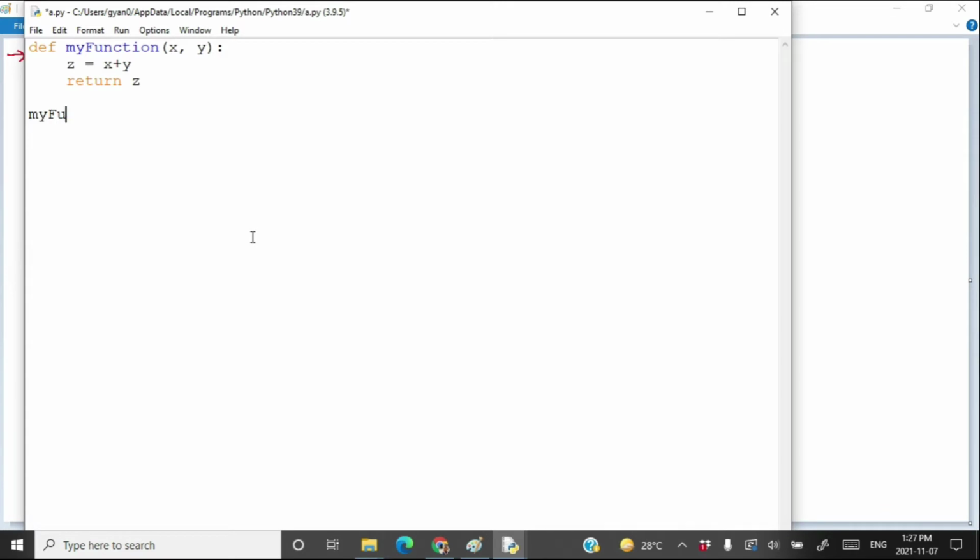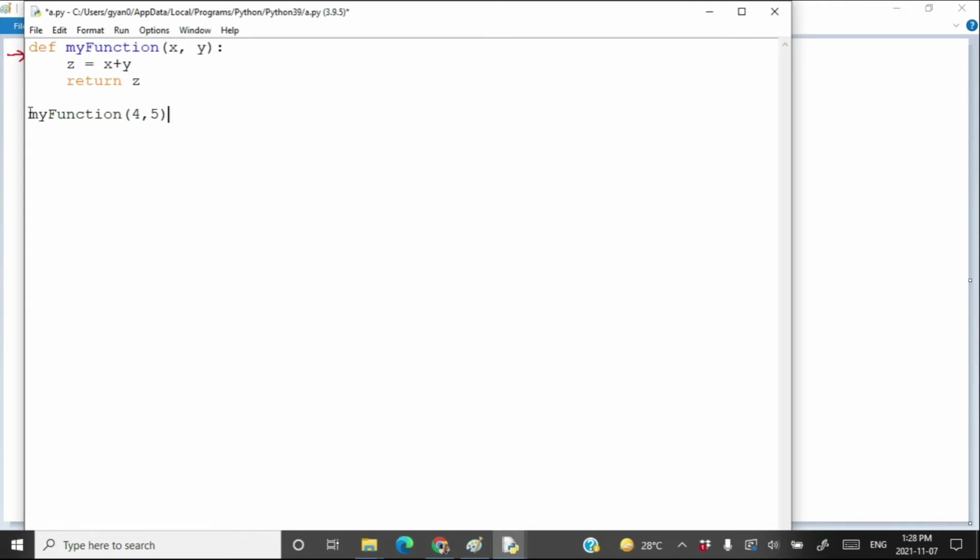And when I call my function using two values, say 4 and 5, then 4 will be copied in x, 5 will be copied in y, and then 4 and 5 will be added together to get the result 9, and we are going to store the result 9 in z, and 9 will be returned by this function. It is the same as you have given money to someone to buy your pizza, and that person took the money and bought pizza for you. So you have given them two numbers, and this guy added these two numbers and returned the summation to you.